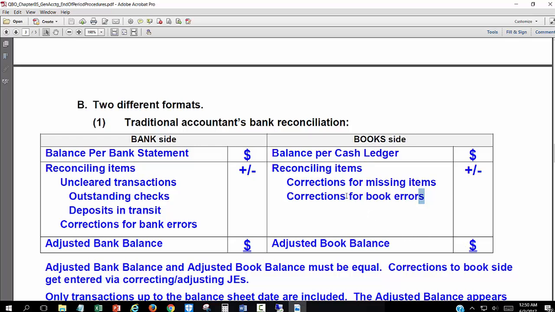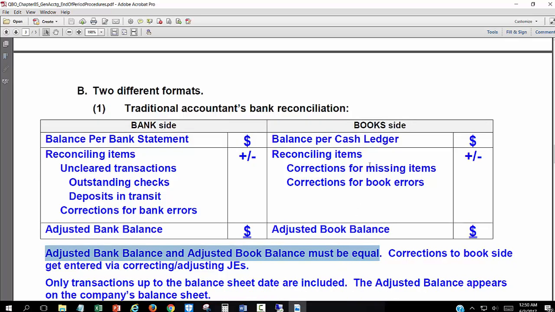So missing service charges, customer NSF checks, checks or deposits recorded in the wrong amount. So when you do this traditional bank reconciliation, the adjusted bank balance and the adjusted book balance are supposed to be equal, and you make adjustments to the book side via correcting or adjusting journal entries. So if you were working on a client's books as the external accountant, you would do that. You wouldn't go in and try to make entries directly to their books. If you're the internal accountant and it's your company's books, then you'd go back and correct the transactions that need